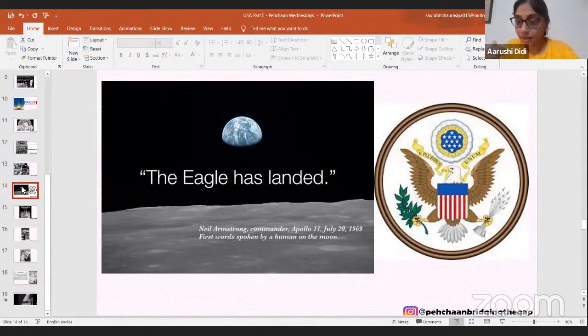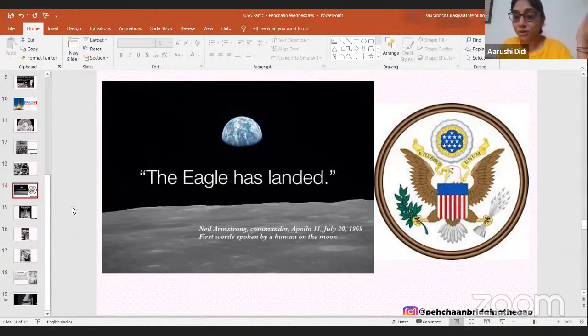The meaning is right. So here, when Neil Armstrong said that the eagle has landed, it is like their pride that the spaceship, which is like an eagle in the space, has landed. Eagle is also the US, a very important symbol there. At the right hand side, you can see that it is US's emblem. Eagle is an important bird, and because eagle flies very high in the sky, right? It has a lot of power in it. And USA wants to be perceived like that by the world. Powerful, who fly high.